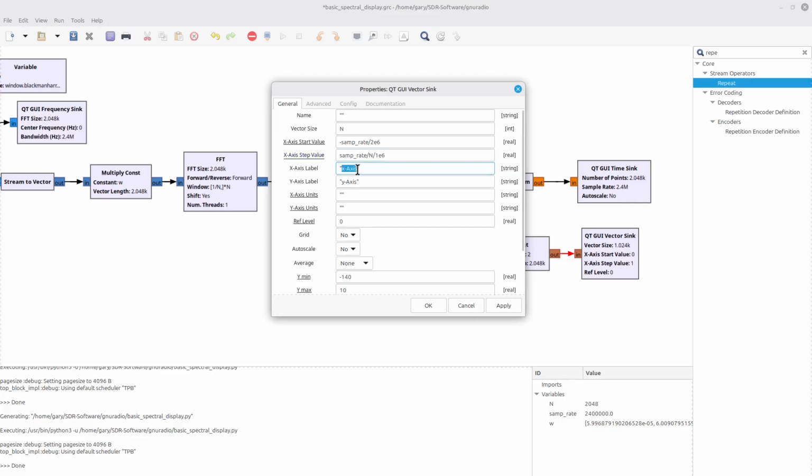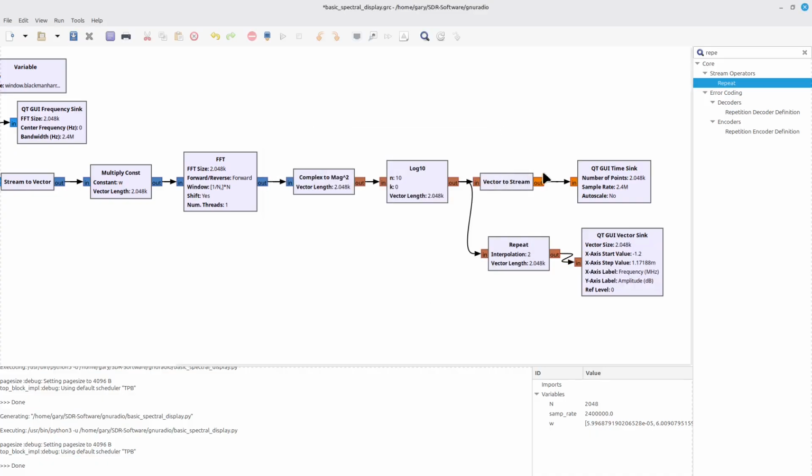Our x-axis, instead of just calling it x-axis, we're going to say it is frequency, and I'm going to put in parentheses megahertz. And then our y-axis, we're going to say that is amplitude, dB. And I can just do the exact same thing, and this is for the cursor. So when you put the cursor on the display itself, it will actually give you, for the x-axis it will say it's in megahertz, on the y-axis it would say it's some dB value. Everything else we're going to go ahead and leave the same.